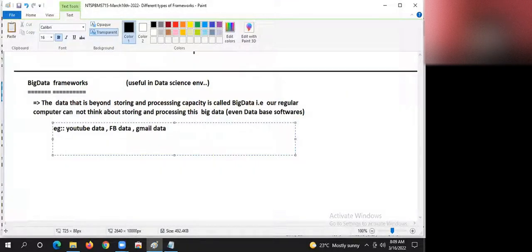Do you think regular database software and regular computers are sufficient to manage that data without any downfall, with a lot of consistency? OTT platforms, so many movies, right? OTT platforms, guys. Think about this kind of environment.